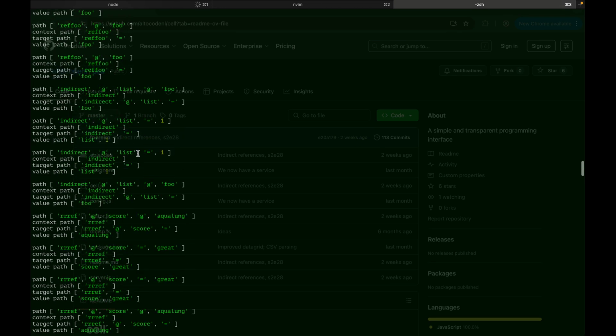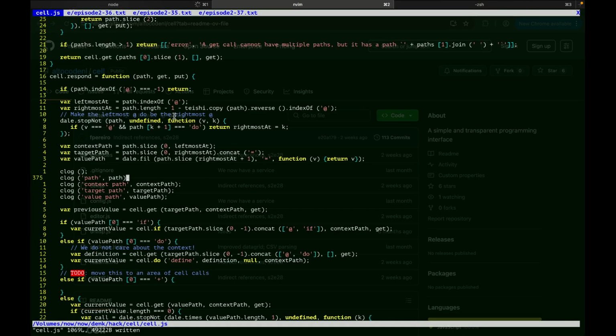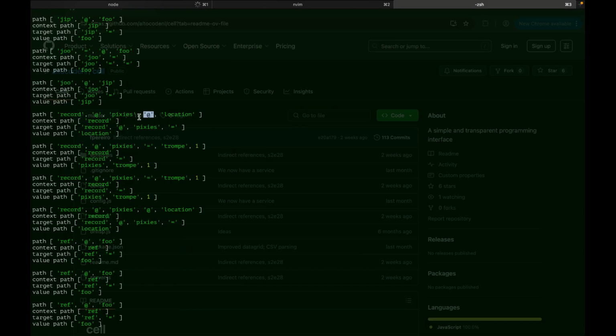So this is all for references, right? For example, this one, record at pixels at location. Context path is record, everything to the left. Target path is record at pixels equals. So basically the rightmost at is replaced by an equal. It's just a replacement, right? Yeah. And then finally, the value path is the one that skips over the equals. This is location. So here I wonder,